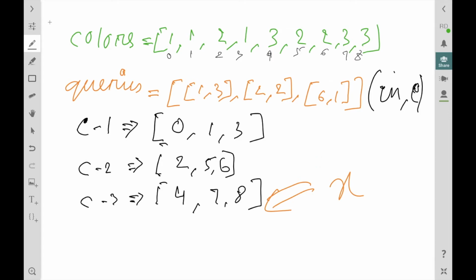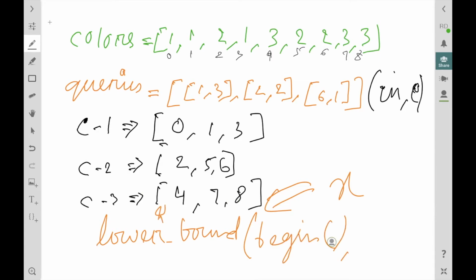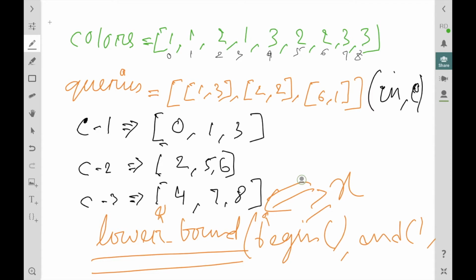We can simply use the lower bound function, with the beginning pointer to this array, let's say begin, the end pointer to the array, and simply the value x. What will lower bound give us? Lower bound will give us the iterator to the value which is just greater than or equal to x.